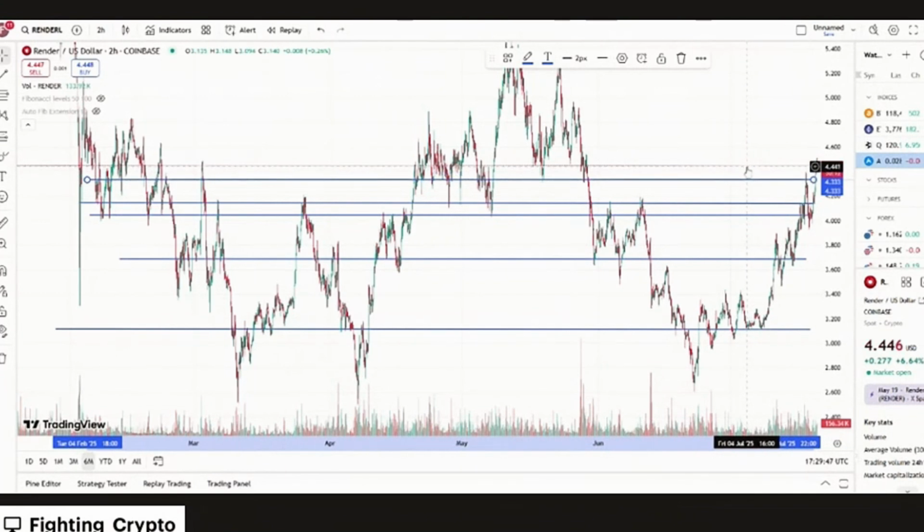So we're right here. And I've got a couple different lines set up for a couple different reasons. If you're like, oh my God, Render's great, or Render's already at a lower price than my average, there's no shame in hopping in right now. Again, obviously, guys, no financial advice, just my thought process. If I was looking at DCAing in, this is actually right a little bit below my DCA entry. I don't feel like I need more Render, but if I did, I'd probably put a limit down closer to here on the